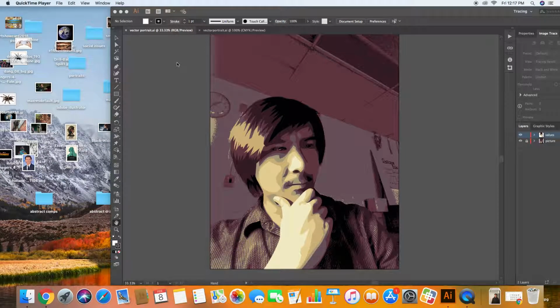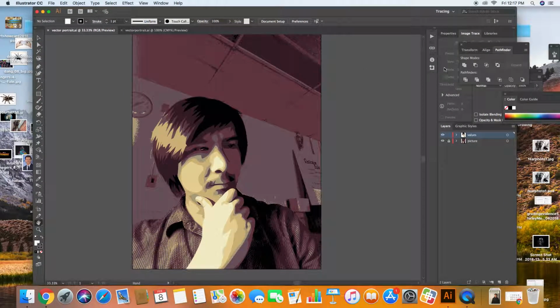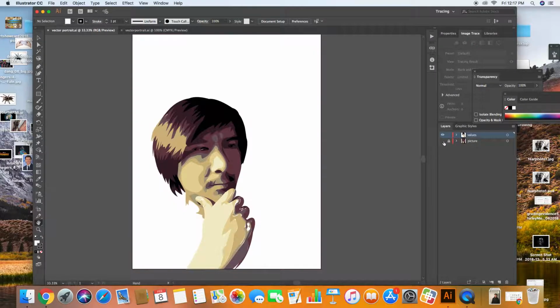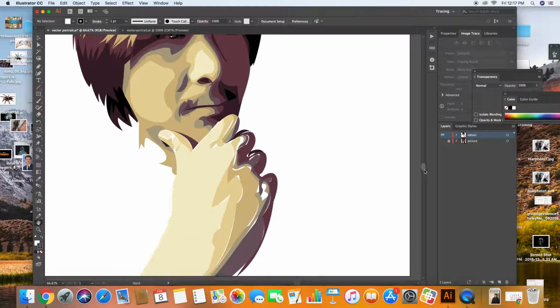Okay, so this is going to be a demonstration for how to do the cleanup and final touches of your vector portraits. I'm just going to use this older picture as an example, but pretty much, when I hide my picture layer, you can see I have some inconsistencies or open white spaces on the area where the